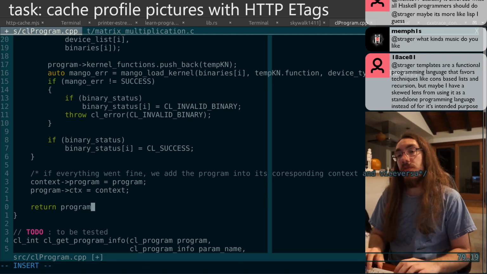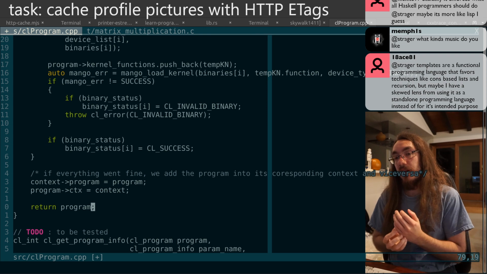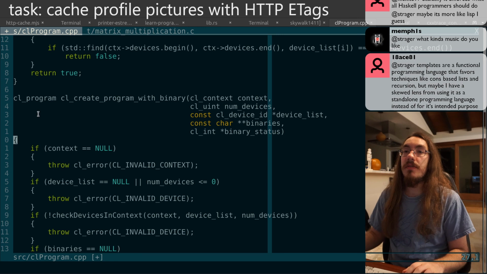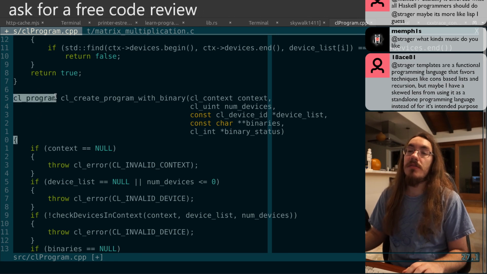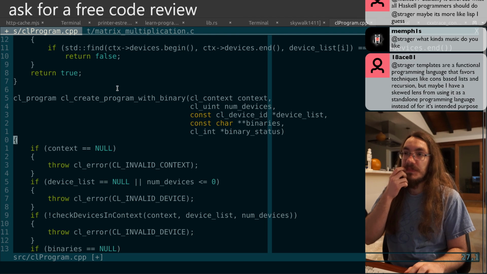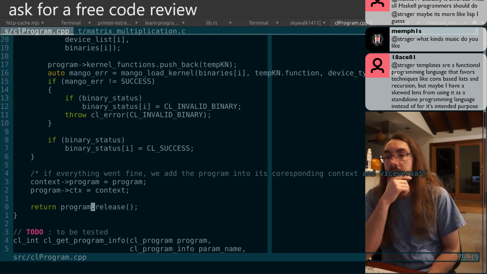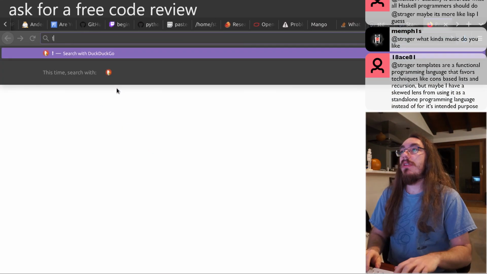If you just did return program, you would get a compiler error saying that you can't return a unique pointer because the function return type is not unique pointer. It's a CL underscore program. So you will know you have to do something with unique pointer. And if you look at